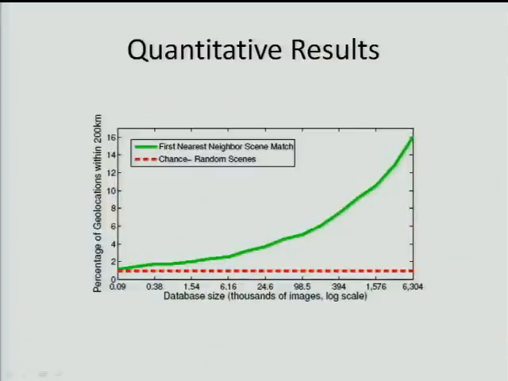All right, so let's quantify the actual results. So the test set is 230 images. I showed you a quarter of it before. And this is performance of our algorithm with respect to database size. So over here is the full database, 6.3 million images. The likelihood that the first nearest neighbor scene match is within 200 kilometers of the query is about 16%. So in absolute terms, it's not terribly impressive, but